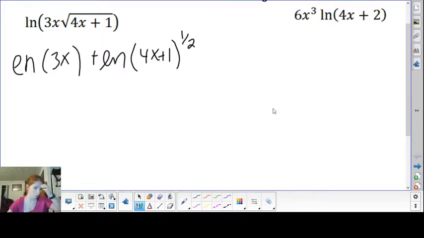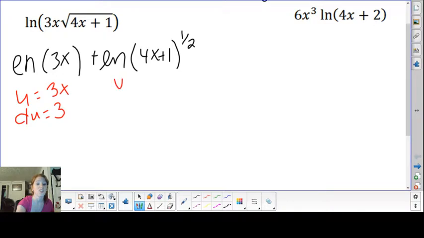So we know we need essentially u's for each of these pieces. So I'm just going to call the first one u, which is 3x. And we need the derivative, which is 3. And we're just going to say this one is v, which is 4x plus 1, and dv, which is 4. Now, the reason I'm doing that is since I'm doing two different pieces, just two different letters,